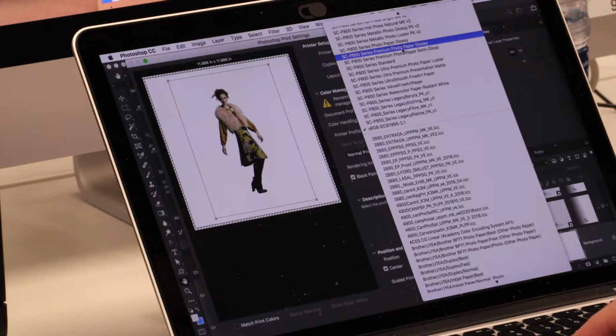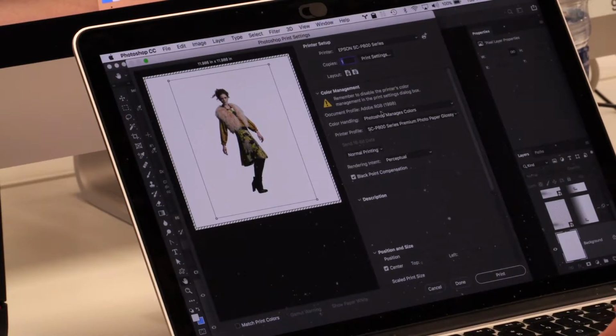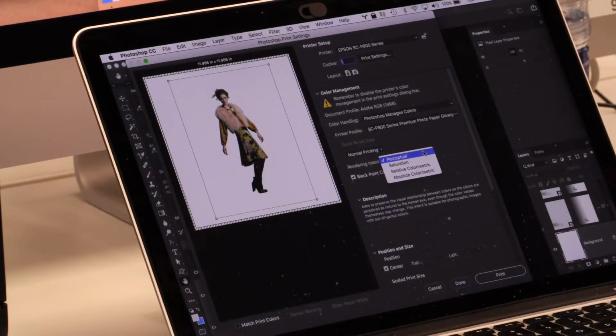I'm going to just set this up to print to a premium photo glossy paper. Again, it's an Epson paper, so this part is set up. So now we've gone through the color management part. The next part down is rendering intent. If you click on the drop-down menu for rendering intent, the only two we use in photography are perceptual and